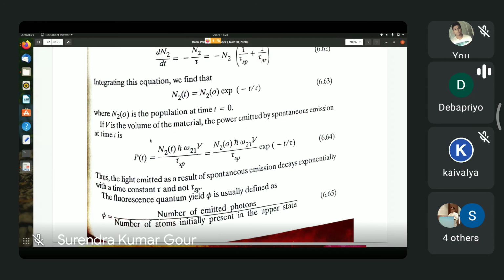So all you have to do is find the number of emitted photons. Okay, this is easy to find because all you have to do is note that the number of emitted photons in time dt is given by dn2/dt spontaneous into dt, that is n2(t) by tau sp into dt. So you have to integrate n2(t) by tau sp into dt from time t equal to 0 to infinity. If you do that, you will find that phi will come out to be equal to tau by tau sp. Because tau is less than or equal to tau sp,